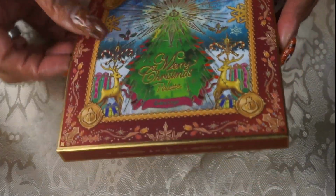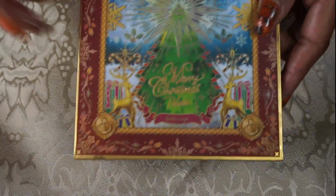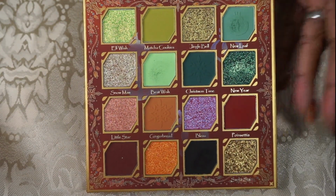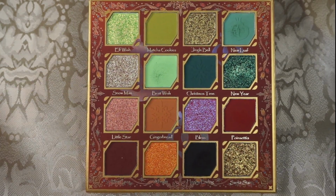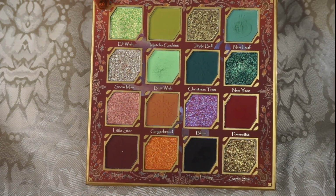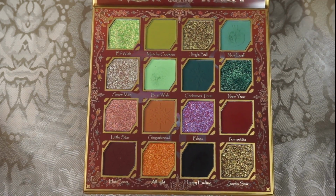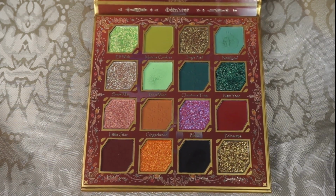And then the Merry Christmas, which is more reds, and again, it's the holographic sleeve as well as the package, and that's what she looks like. A little bit lighter red, burgundy, orange, more grungier greens, because one of the looks that I did is a little bit more grungier with these greens, which I really enjoyed. This color here, e.l.f. Wish, looks like it is green, but it is not, which was a surprise, but it's beautiful nonetheless. I will have swatches of both of these palettes here for you to see,